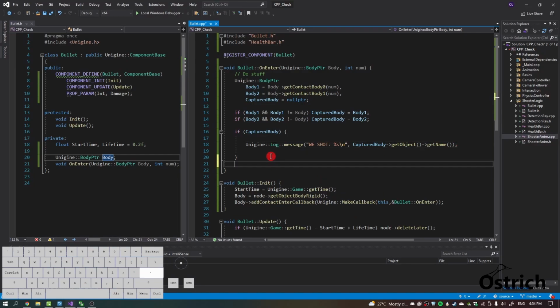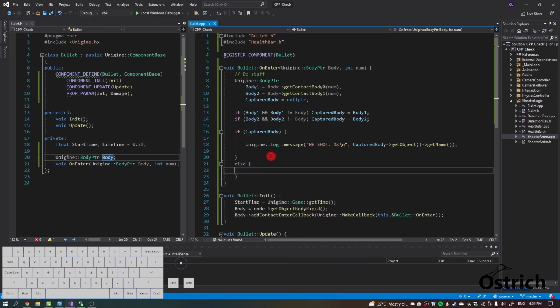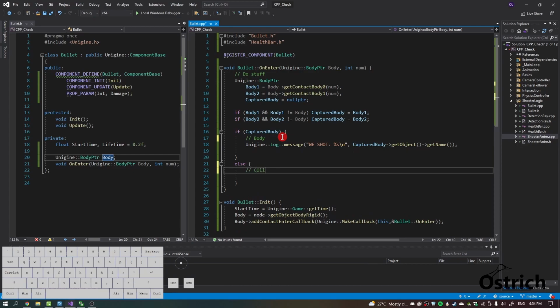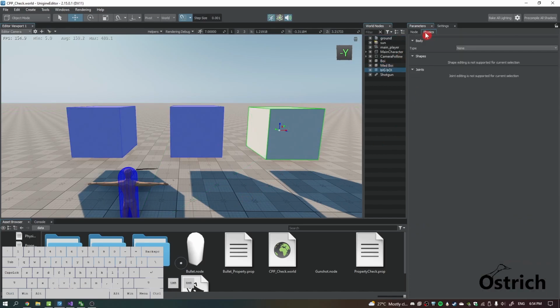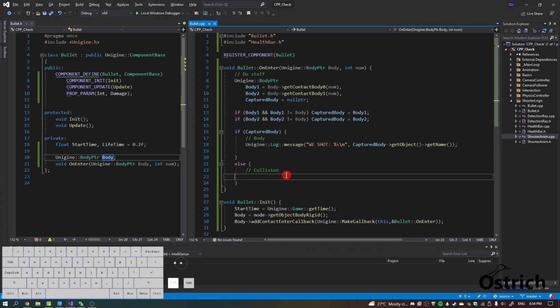Okay. Else, if we shot something and it hit a collision, so this is when you hit stuff. So let's say we hit an object which had a rigid body, but let's say if it didn't have a rigid body. So in our case over here, this is body, and over here this is collision. So if we hit the ground, or if we hit this guy which has no rigid, we can literally say